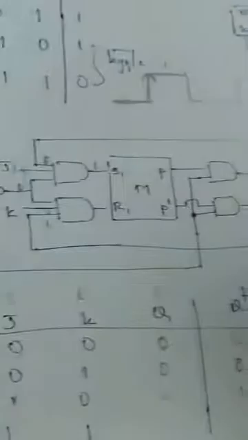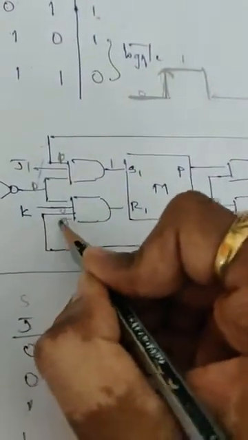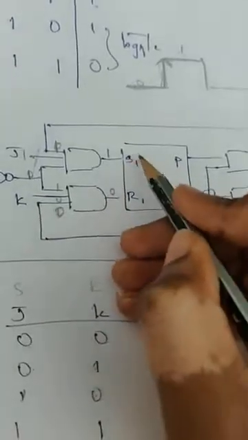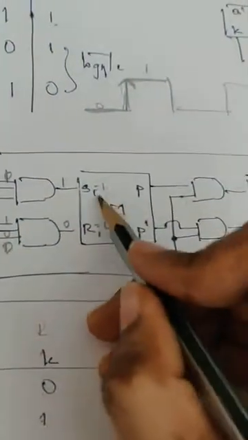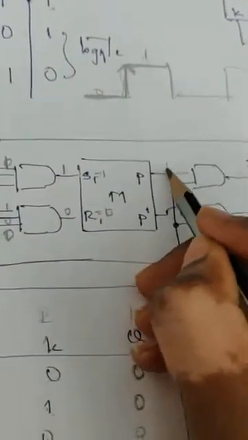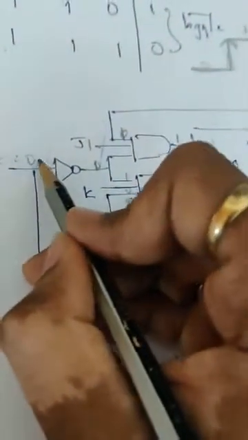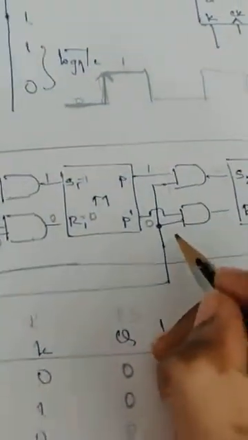So Q is equal to 0, right? So I am supposed to write 0. So this is 1. 1 0 0 is 0. So S is equal to 1, R is equal to 0. Okay. When S is equal to 1, R is equal to 0, that is nothing but a set state. P will become 1, P bar will become 0. Okay. So when clock moves from 0 to 1 now, this part will be deactivated. Now this will get 1.